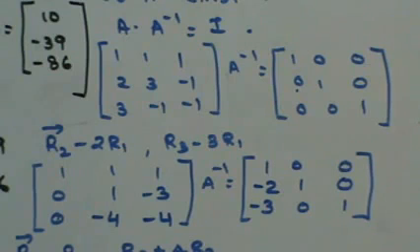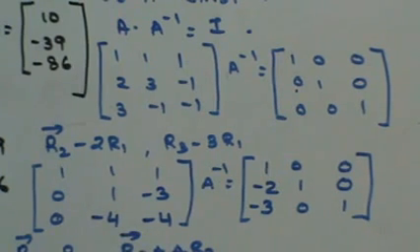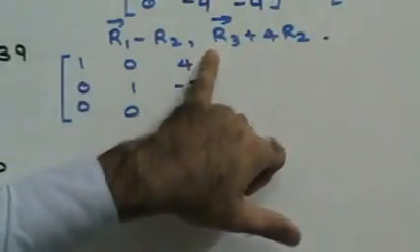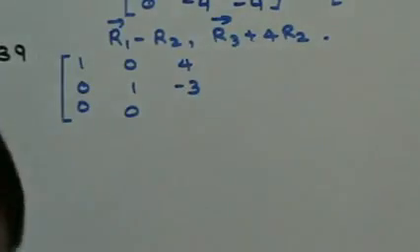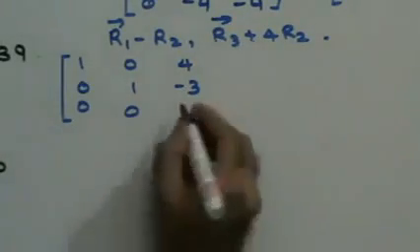Then R3 plus 4R2: 0 plus 0, minus 4 plus 4, 0, minus 4 minus 12. That is going to give you minus 16